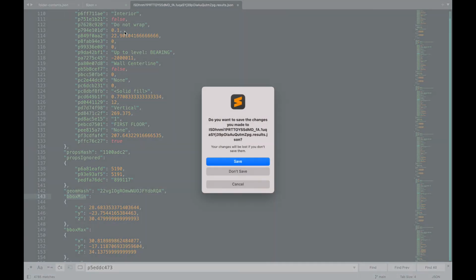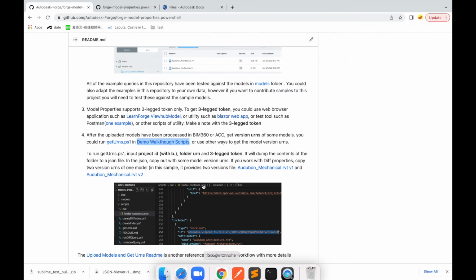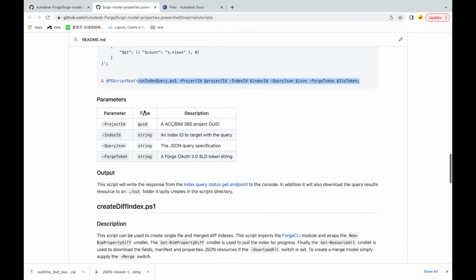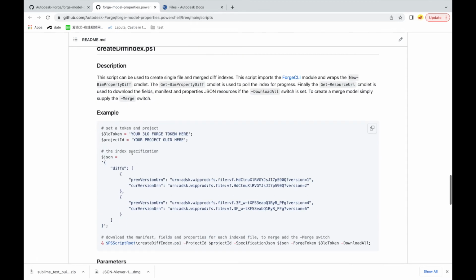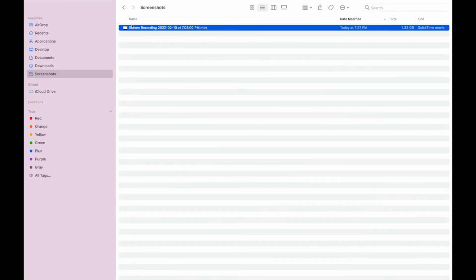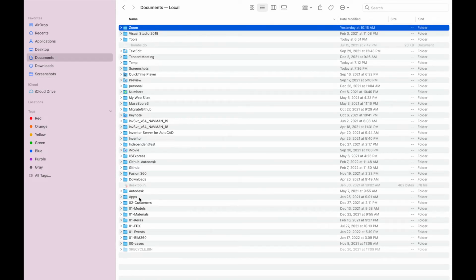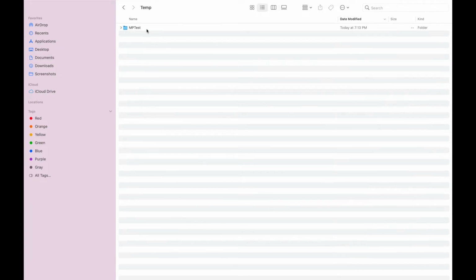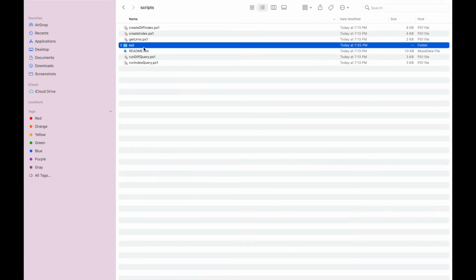Okay, so we now move to the next script. Next one, we will create a diff. That means we will compare the model versions. To make it clear, we can clean, we can